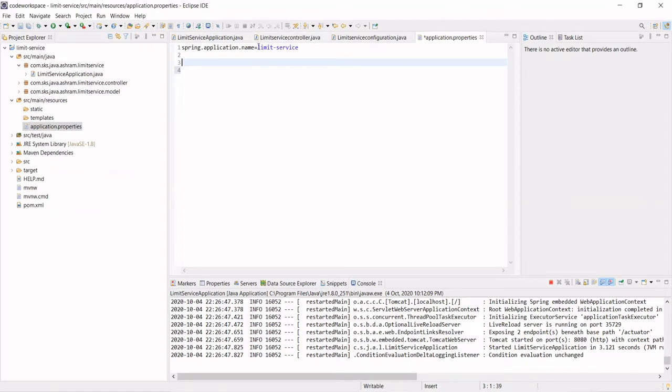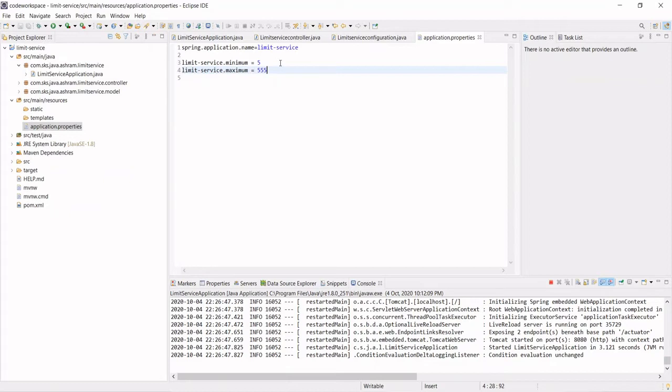So what is the application name? Application dot properties, and then minimum, let's say 5, okay, and then maximum, let's say 555.